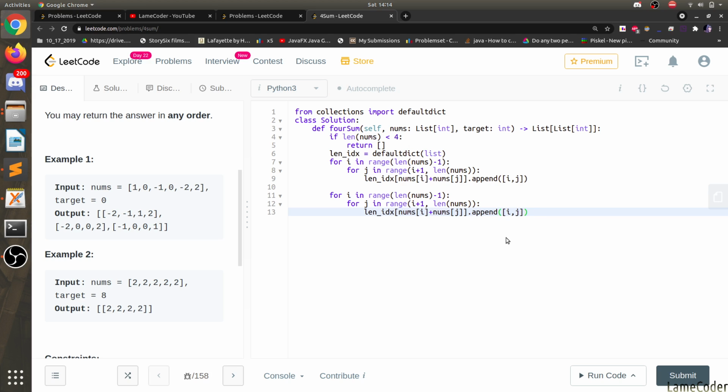We are again traversing through all the indices, and this time we are going to check whether, this time we are going to take the value of nums[i] plus nums[j], I mean negative of nums[i], negative of nums[j], and target. This is what we have to find. Okay. So here,